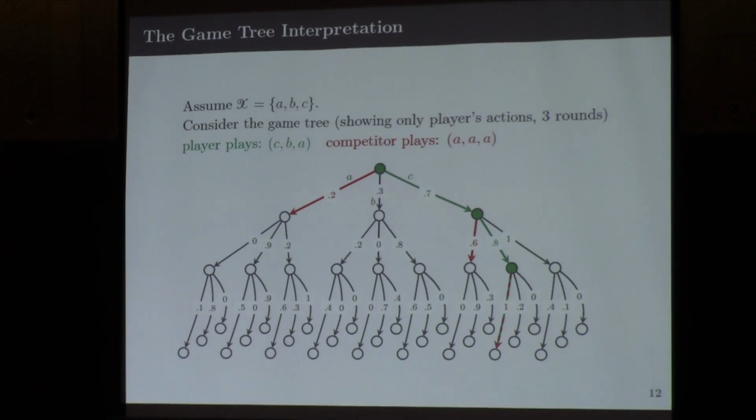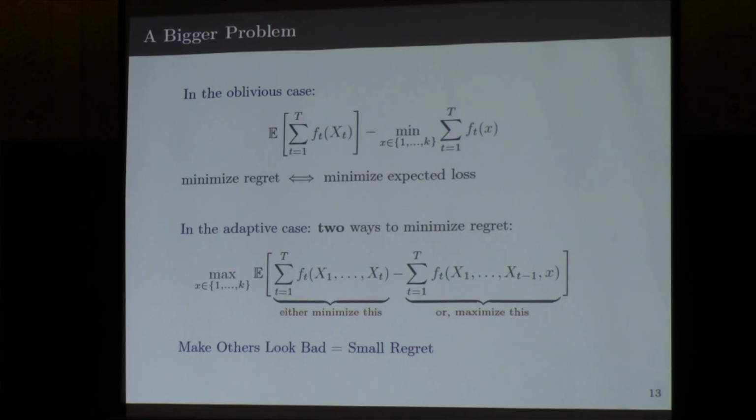So if we were to compare how well a different strategy, a constant pull of an action, would do, then what we really should have compared with are the losses that would have been incurred along this path. Right? And this is really the point that we wanted to make. A bigger problem, besides interpreting what regret means against an adaptive adversary, is that in adaptive cases, a sublinear regret bound does not really mean we're learning, right?